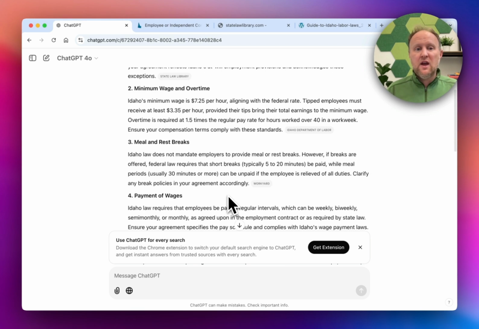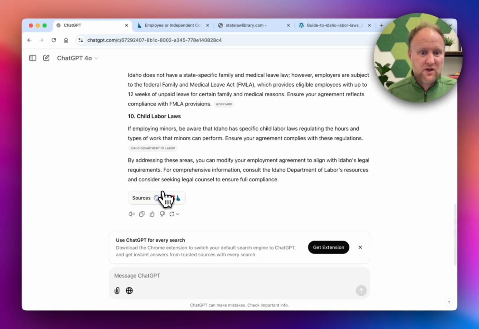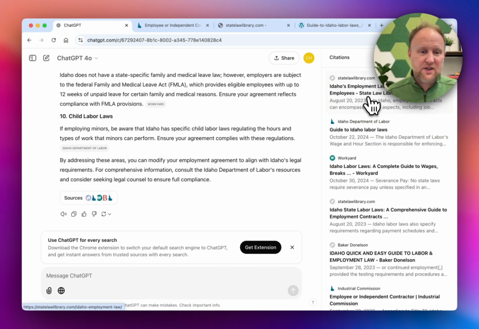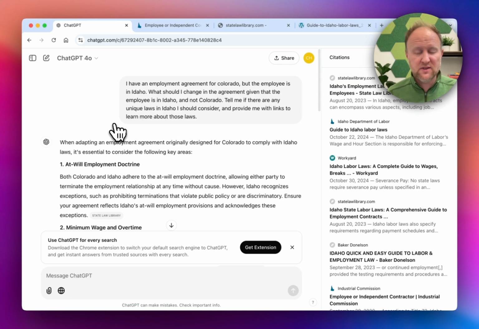So my point is, I can come in here and in a matter of seconds get a gigantic list of all these different things, as well as all of these sources over here, for things that I should consider changing in my employment agreement. Now, I could use Spellbook and do this exact same thing within Spellbook, and I've done that, and it works great. But I actually like to use both, GPT and Spellbook, because it's just another check to make sure I'm doing it right. But in either event, I always click through to the sources to make sure that it is giving me the right information, because as we all know, it can hallucinate, and that would be awful. So this is wonderful. This is how I use it in my practice.